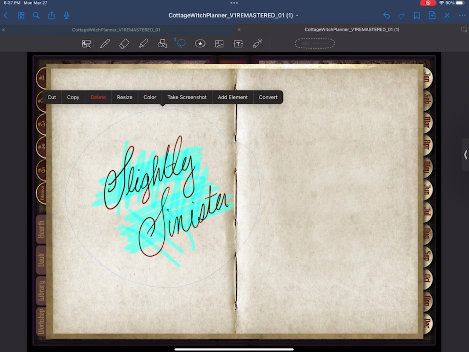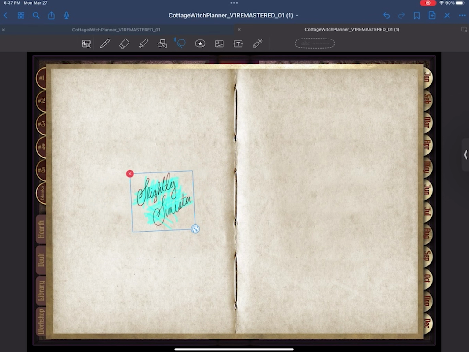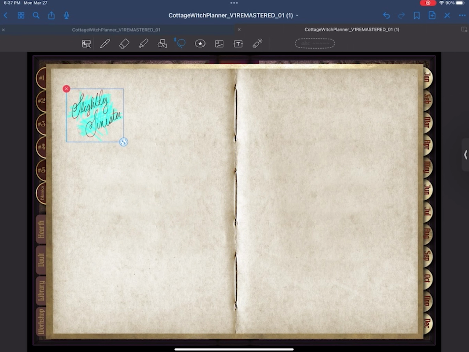If you tap it, it comes up with a bunch of options, and we can go to resize. You can scale it down, which is really helpful, very, very helpful. And then we can highlight it. Oops, I kind of did that weird. Highlight it, tap it. We can go to copy, go out of this notebook by pressing the arrow on the